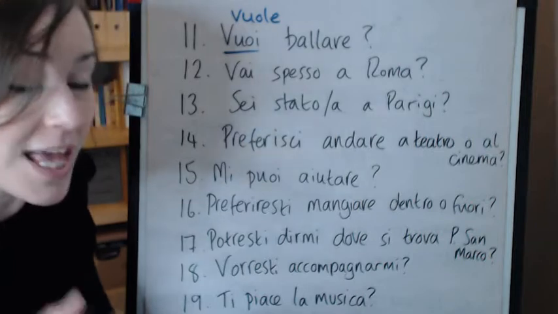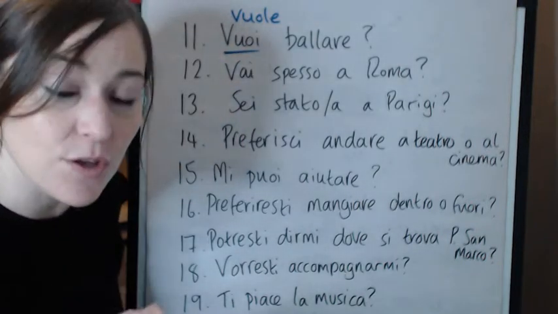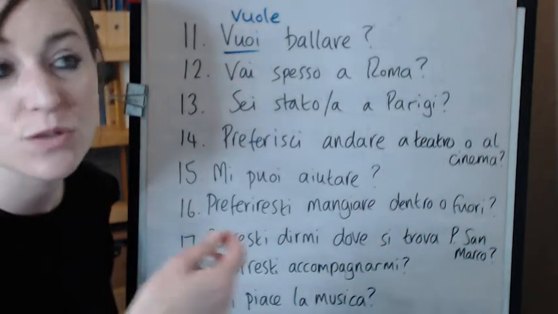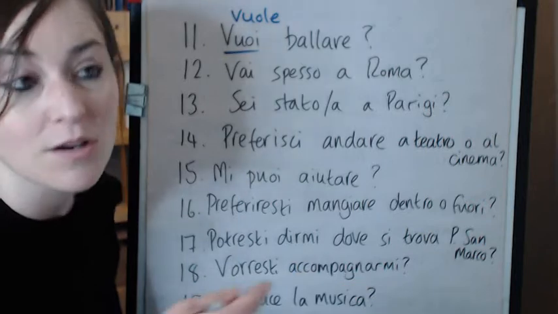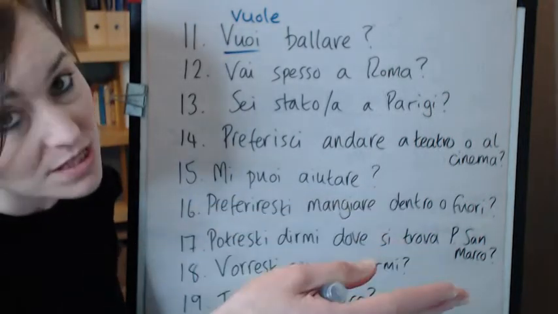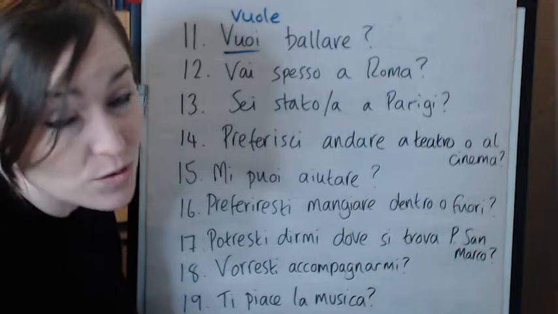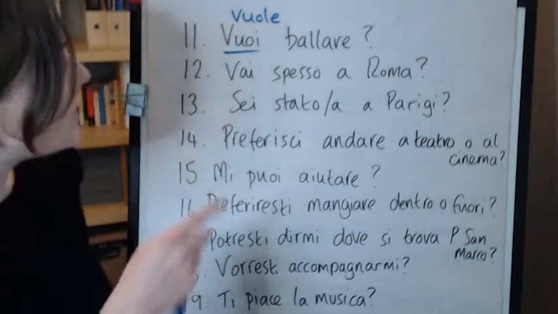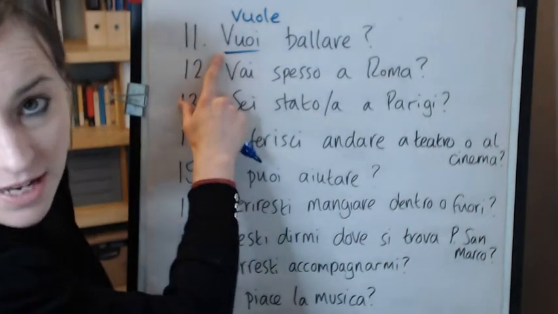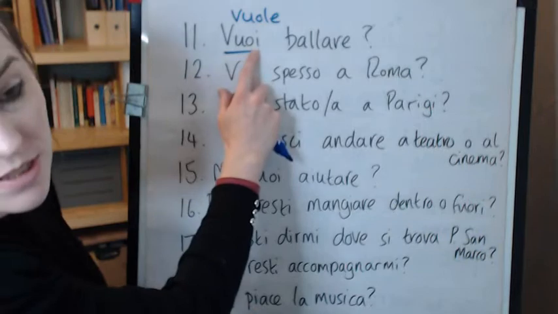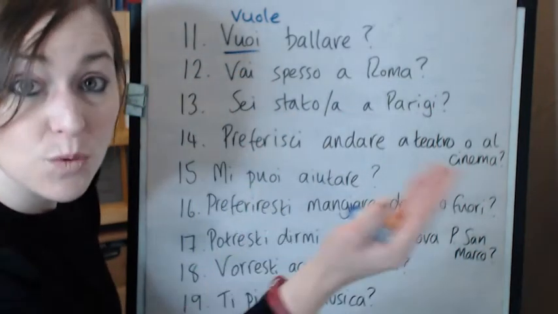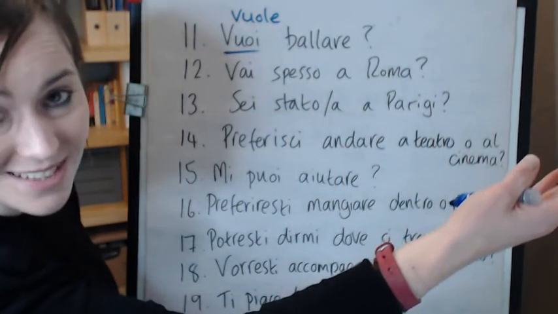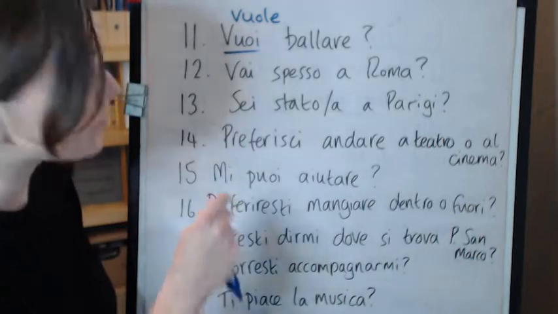That's the verb. And in Italian, you can conjugate the verb in the tu form, and then that tells the person you're speaking to that you're speaking to them in the singular. Or if you use the lei form, it tells them you're speaking to them in the formal lei form, which also means you. If there's any confusion, just use the subject pronoun tu. So in that question there, you can say vuoi ballare, and if you pronounce it right and you conjugate the verb correctly, they'll understand it means do you want. Or vuole, do you want? I'm addressing you formally with respect. But you can also use tu.